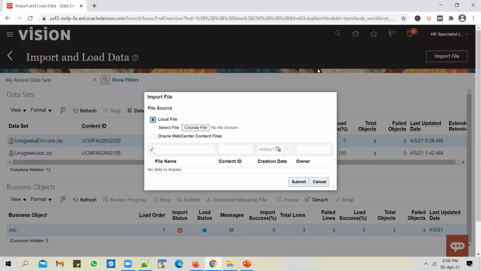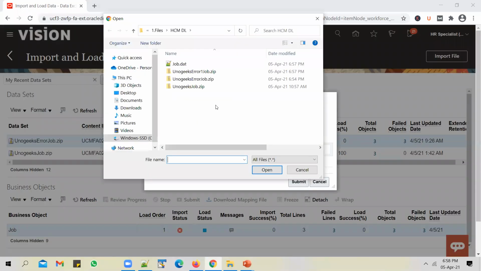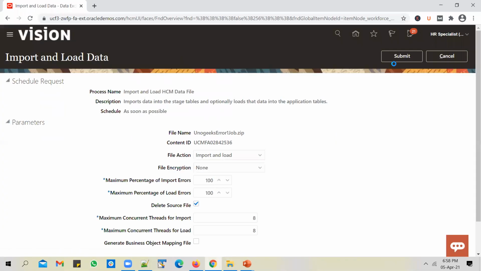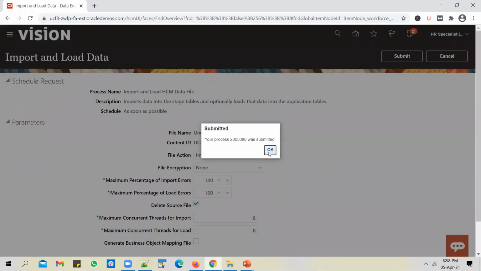Import file. Submit. Go with the default options and submit it.